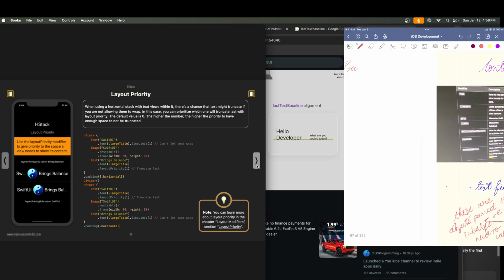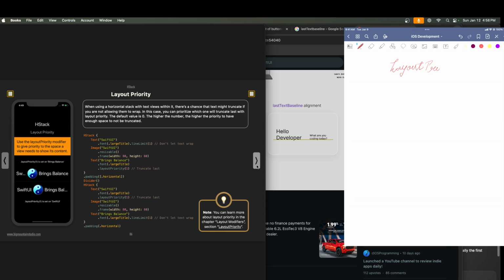Oh, this comes in content. You can prioritize which will truncate last. For example, I have, there's a chance that text might truncate if you're not allowing them to wrap. So which one will truncate last? So let's like, and then there is a text 50. What is this? And then